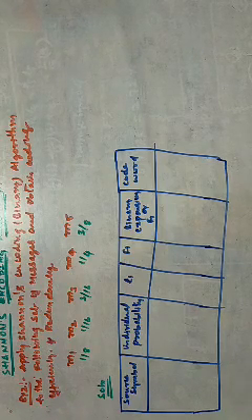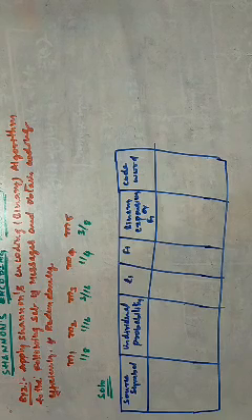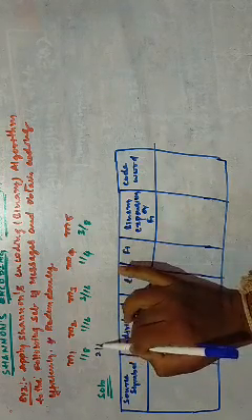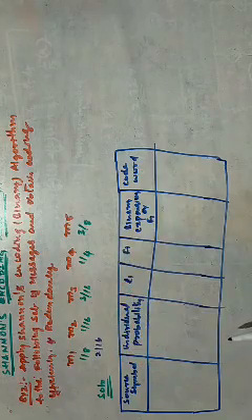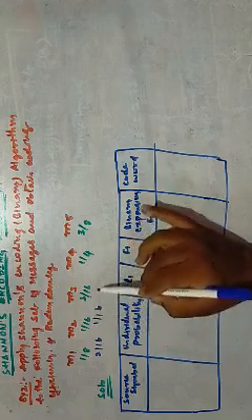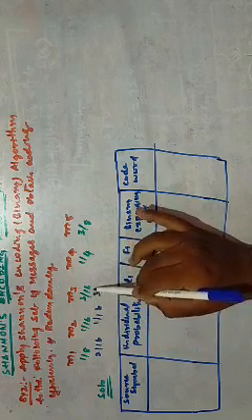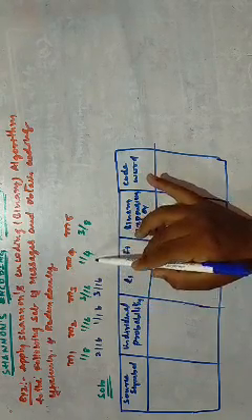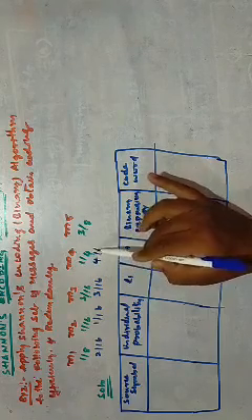What I do here is make the denominator the same. This can be written as 2 by 16, this also as 2 by 16, whereas this is 1 by 16, this is 3 by 16, and this I multiply numerator and denominator by 4 such that I get 4 by 16.